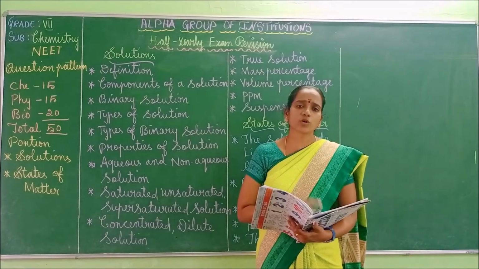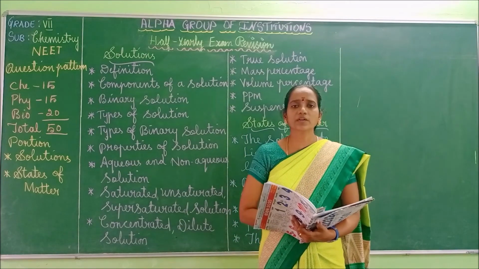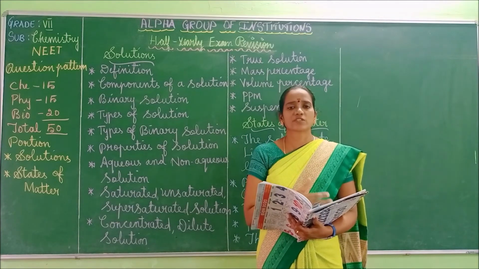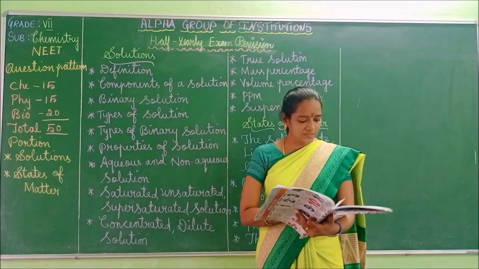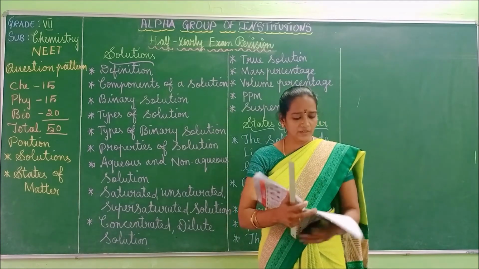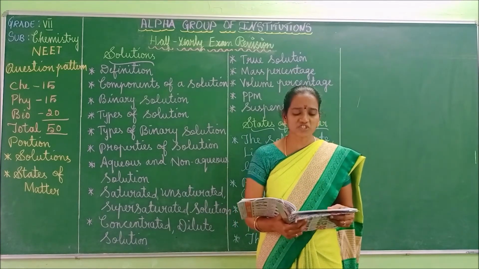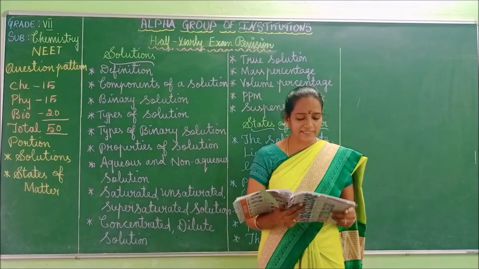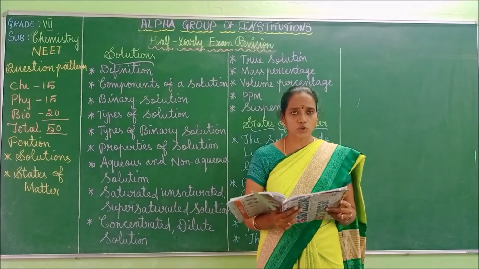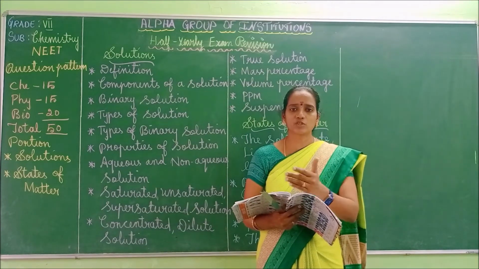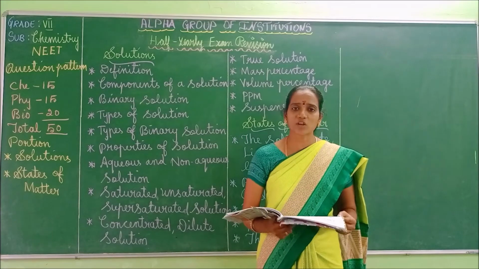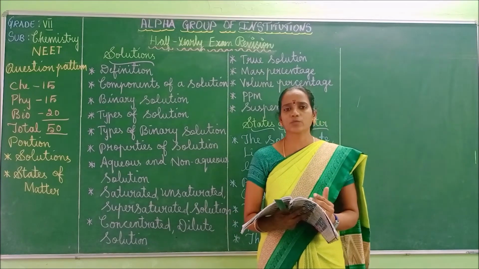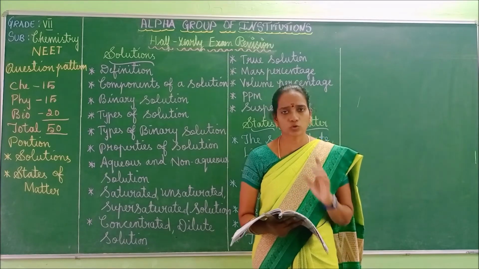So what you have to do? You have to learn all the general properties or general characteristic features of solids, liquids and gases. Got it? Here, solids have fixed shape and fixed volume. Solids have high density. Next, liquids. I told you, liquids flow from higher level to lower level. Gases are highly compressible. Not only these points, whatever points are given in the book, everything you have to go through. Got it?